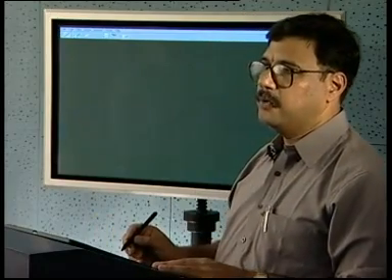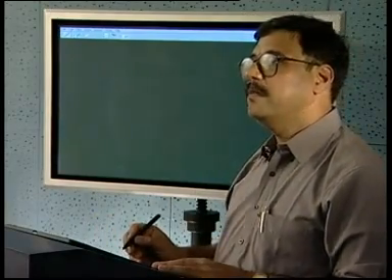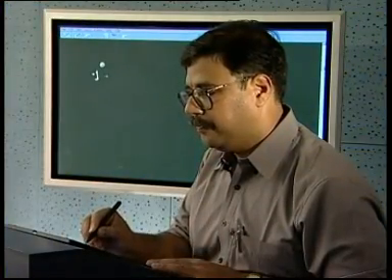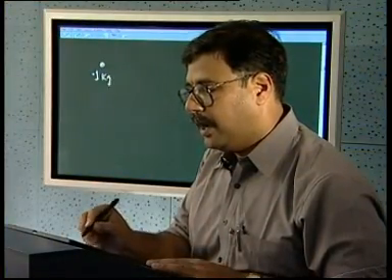Another problem where I am going to now combine the principle of momentum conservation and principle of energy conservation is going to be solved now. Let us take a particle of mass say 0.1 kilogram traveling in this direction with a speed of 1 meters per second. It hits another particle of say 0.5